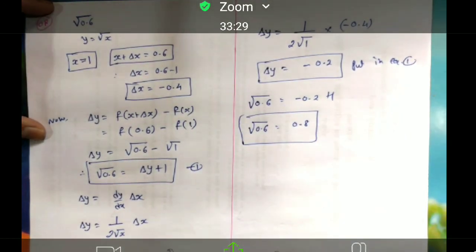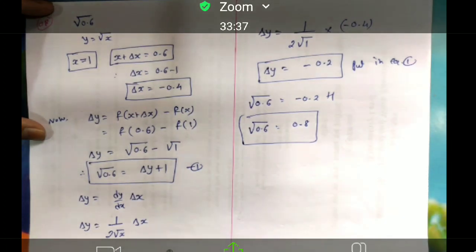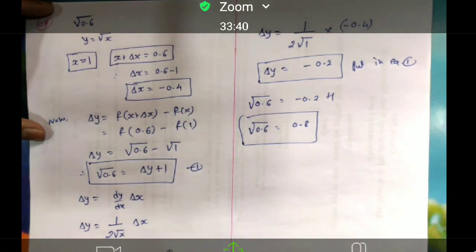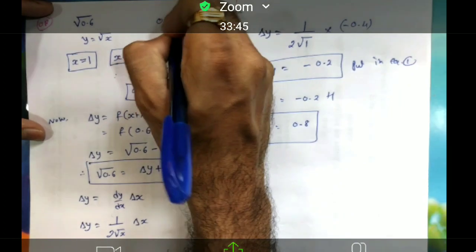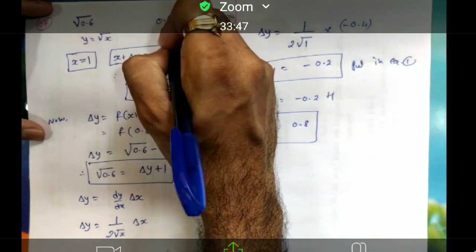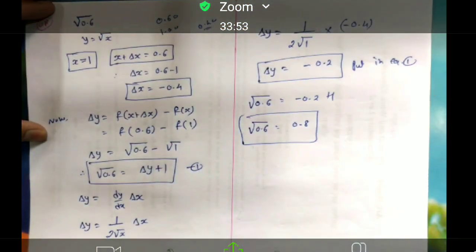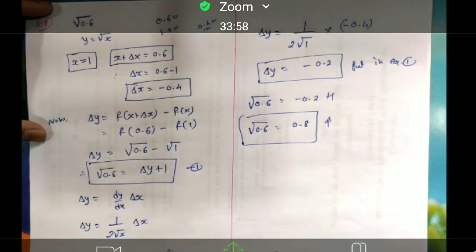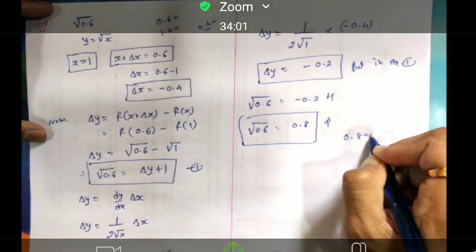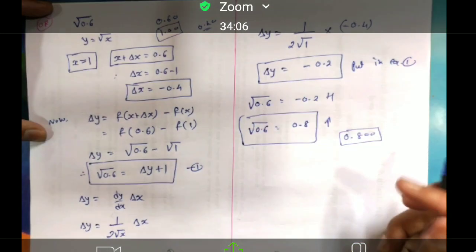Look, what is our question? Read the question. Find the approximate value up to 3 places. Right? Up to where do we have to find it? Up to 3 places. What is our perfect x in this case? Instead of 0.64, we have considered 1.00. So here we have considered a difference of 0.40, and that's why we are far away from our approximate value. This one is nothing but 0.800, because the difference in our approximation in our perfect square is far more.